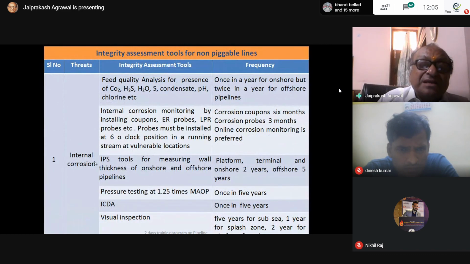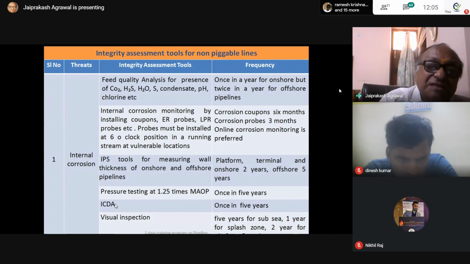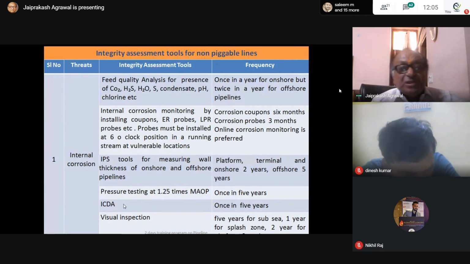This is the implementing system for the internal corrosion, not inline inspection, but it is all the same. If you don't want to use it because it is costly, you can do ICDA also. There's an alternative solution. This gives the same result. But where lines are piggable, you can do the inline inspection.